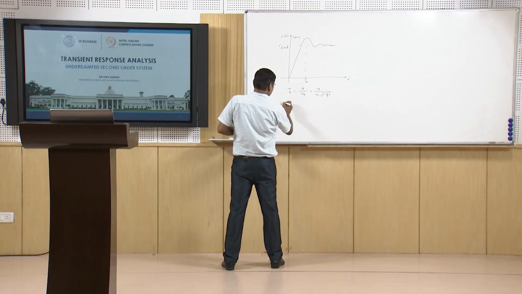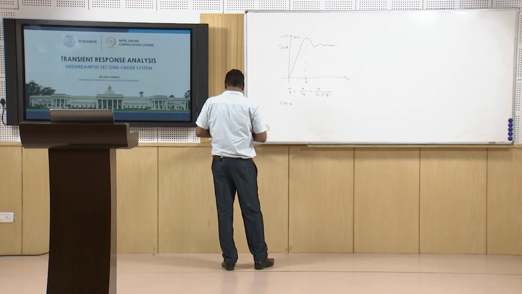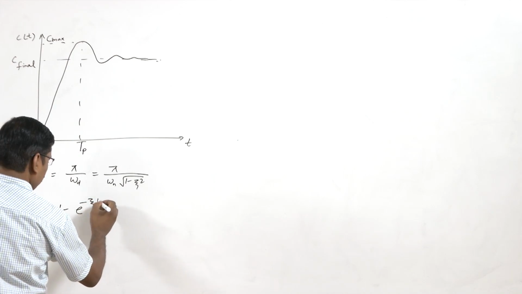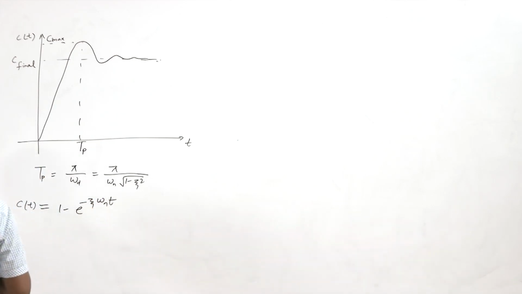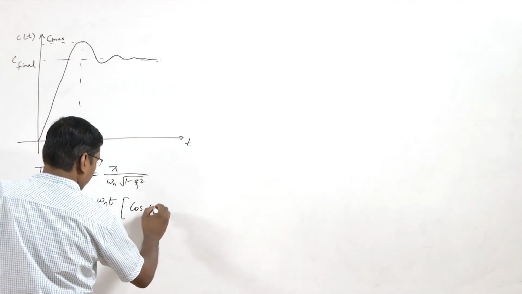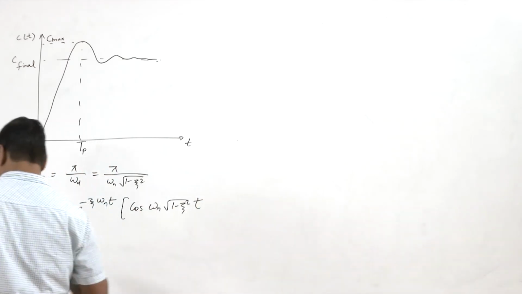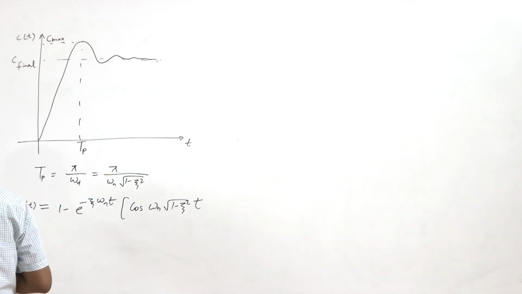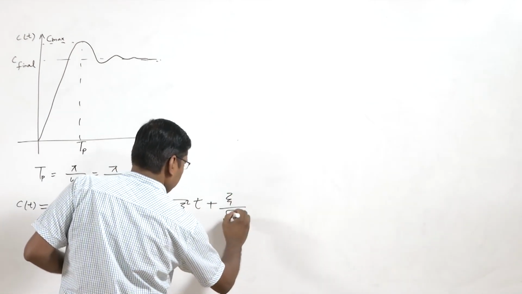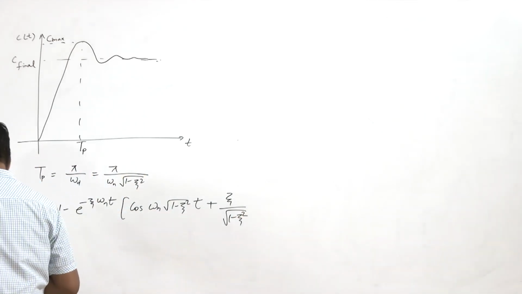The response C(t) for this system we derived was 1 minus e power minus zeta omega n t into cos omega n root 1 minus zeta square t plus zeta upon root 1 minus zeta square sine omega n root 1 minus zeta square t,